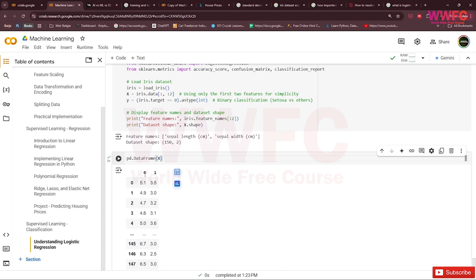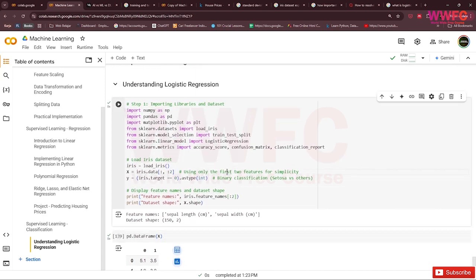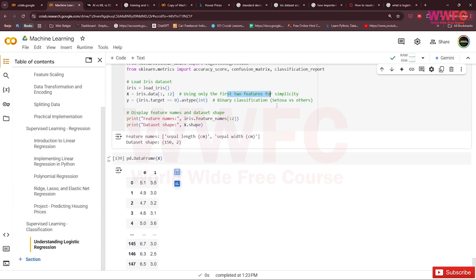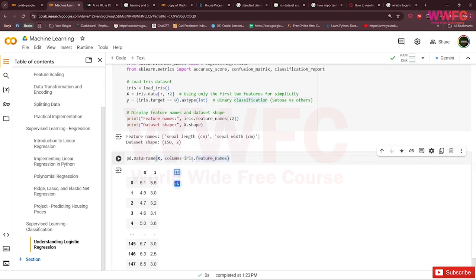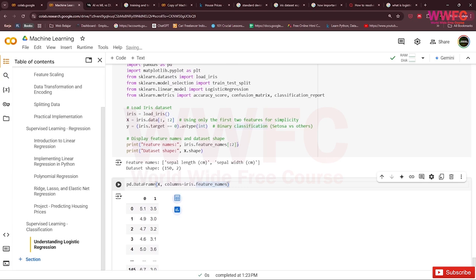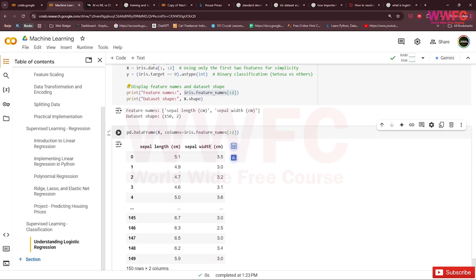Here we use the first two features just for simplicity, and we want to check the binary classification. The feature names are sepal length and sepal width.